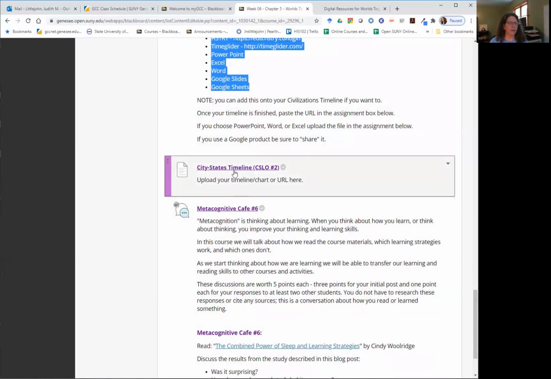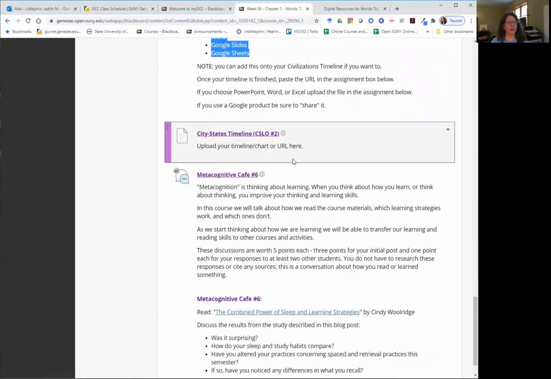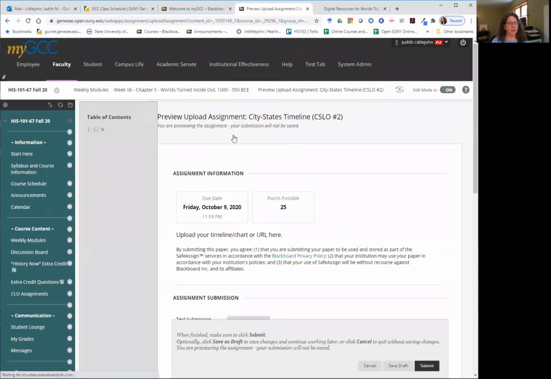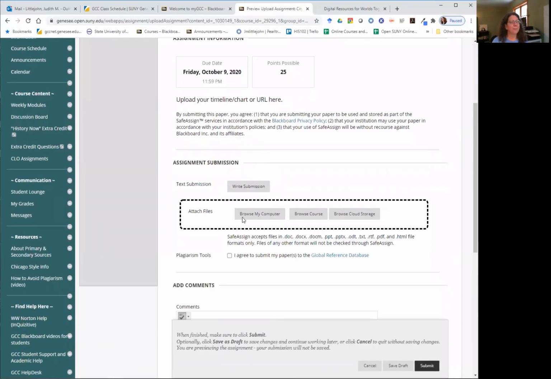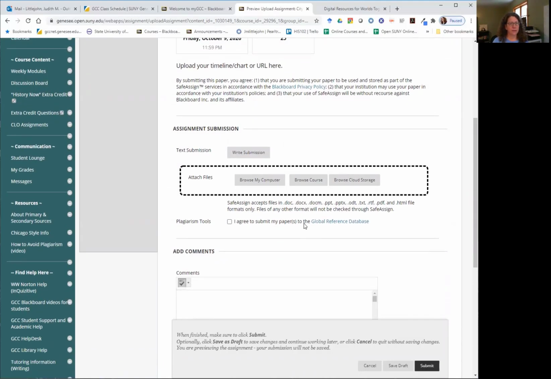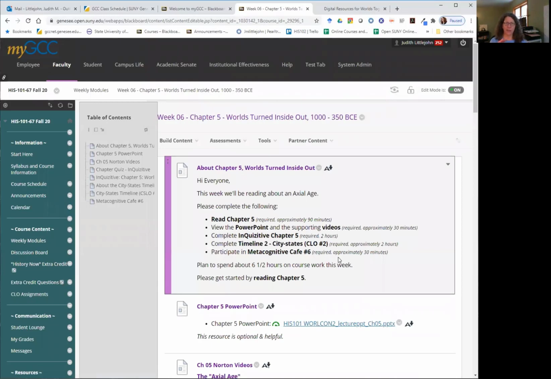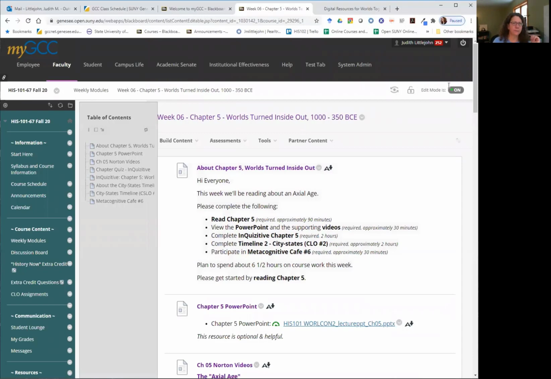When you finish that thing, you'll upload it here. For all of these assignments that are on documents or that are not written in the discussion board, the format is to click on the title of the thing, then browse your computer to locate it, and upload it there. It's pretty straightforward once you get in there. And I do have it set up for you to be able to upload it more than once. If you think you did it wrong, or if you upload the wrong document, it's going to be okay. You can give it another shot.